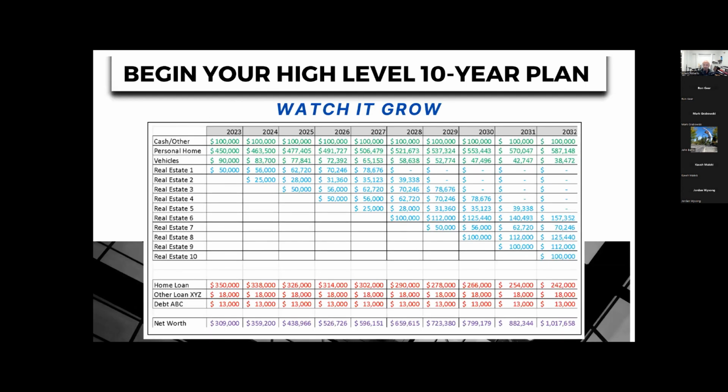Okay. And then, once you get that on paper, you can really amplify your personal and generational wealth plan. This is just a screenshot using the same tool and a lot of the same assumptions, actually, really. I think I just changed a couple numbers here. $300,000 net worth up to $1 million in 10 years. Not bad, right? Not bad. And not a lot of work involved either, right? The return versus effort ratio is significantly high. So, yeah, you sit and you watch it grow.